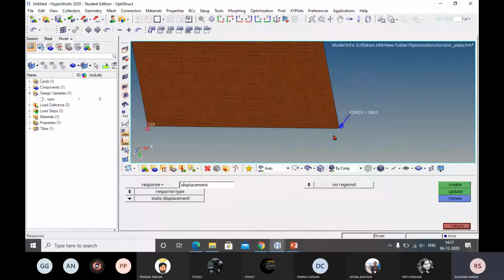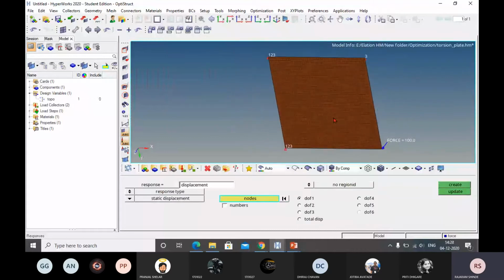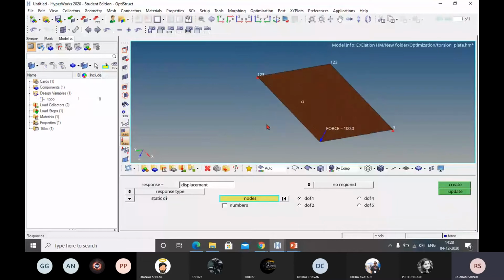After that, which direction? You see here, which direction will you get the maximum displacement? You will get the displacement in Z direction. So you apply degree of freedom 3. And after that, you click on the create button. We have created the responses.